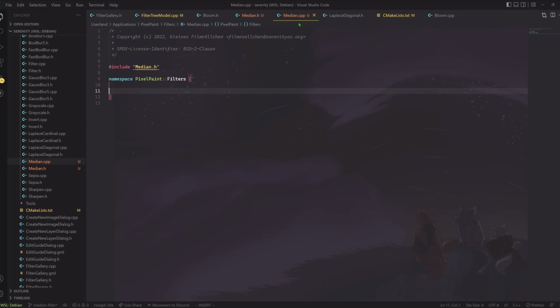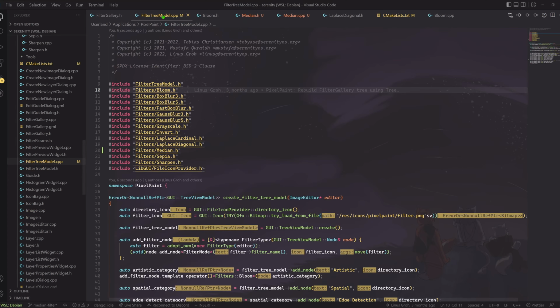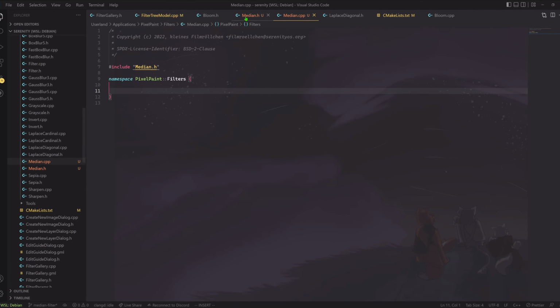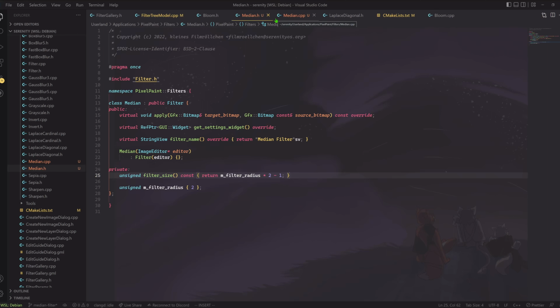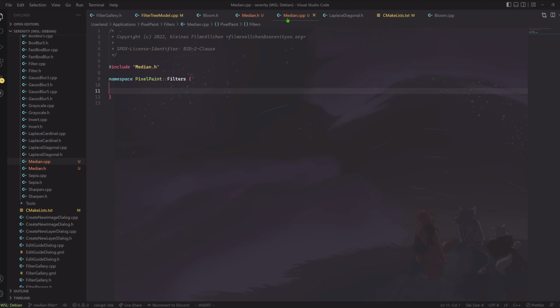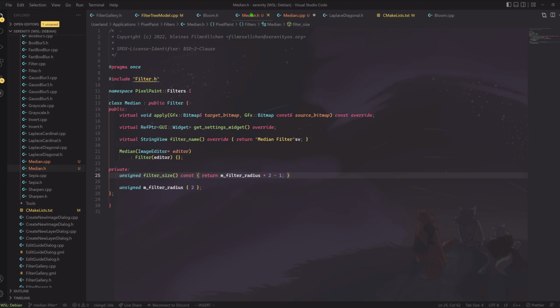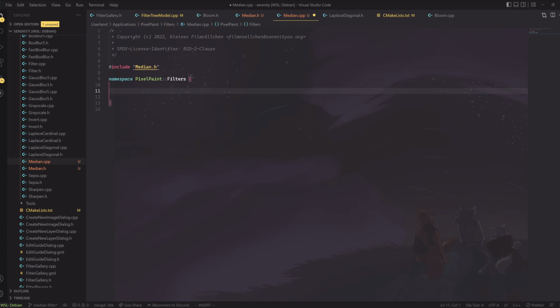Yes. Okay. Great. Let's actually write the settings widget first. Then we can already check that, or let's actually just implement all the things so that